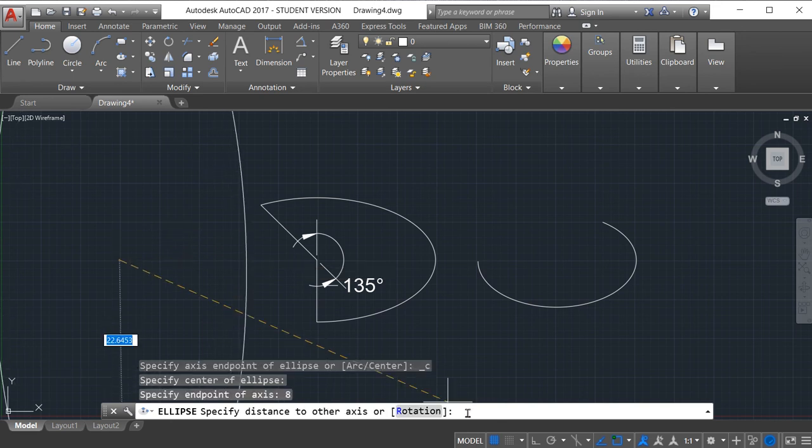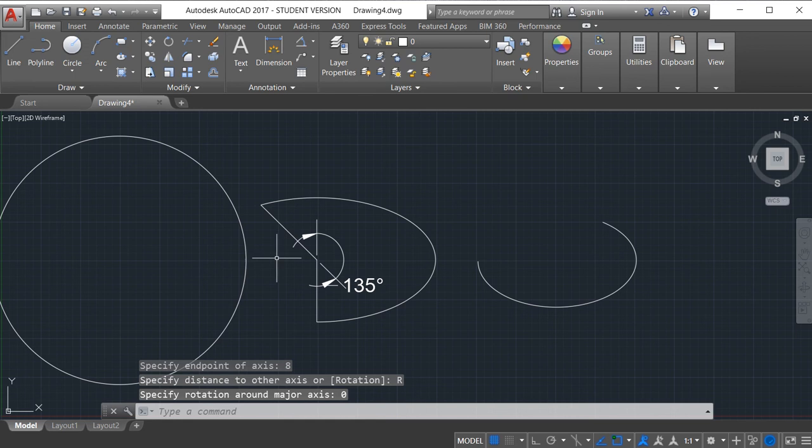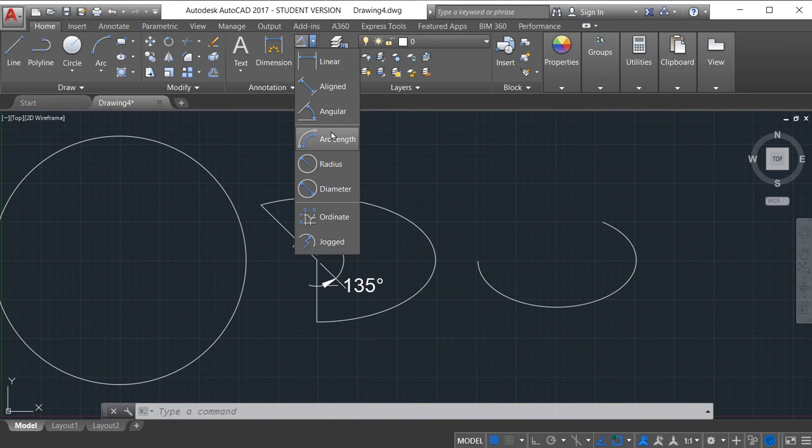Then I will choose option as a rotation. In rotation method only I have to specify the angle. Suppose it is 0 degree, I will specify it as a 0 degree, then it will draw only full circle of radius 8. Enter. So this will be radius of 8 and this will be a complete circle.